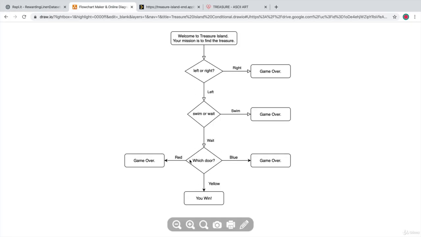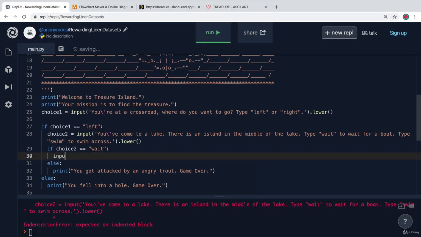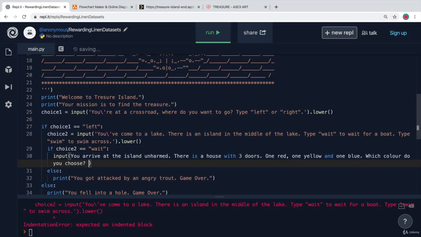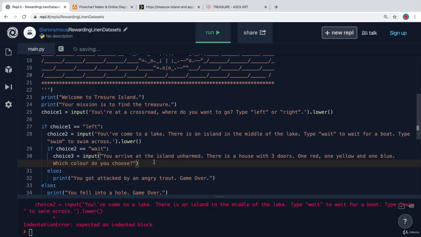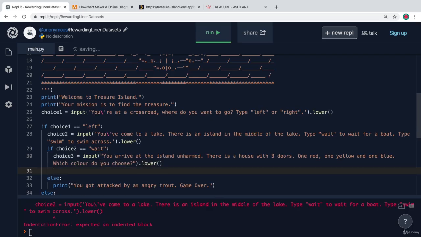Now we can continue along this path. So we're down to here now. And the final question we're going to ask the user is, which door do they want to choose? So here I'm going to use an input to send them the message that you arrive at the island unharmed. There is a house with 3 doors, 1 red, 1 yellow, 1 blue. Which color do you choose? Now I'm going to save their choice inside a variable called choice3, lowercase the answer that they provided, and finally